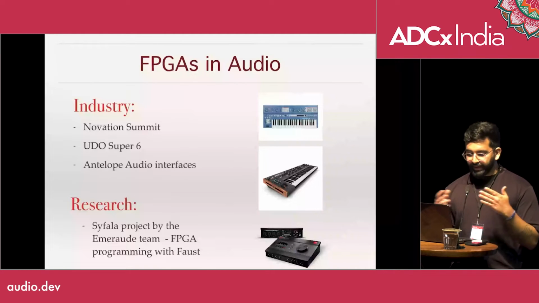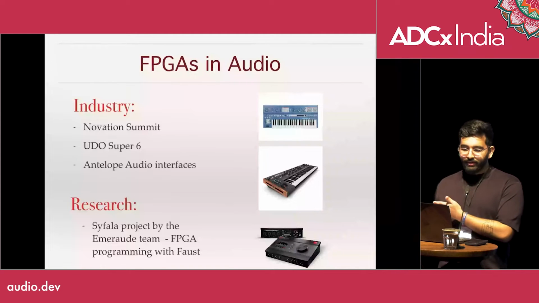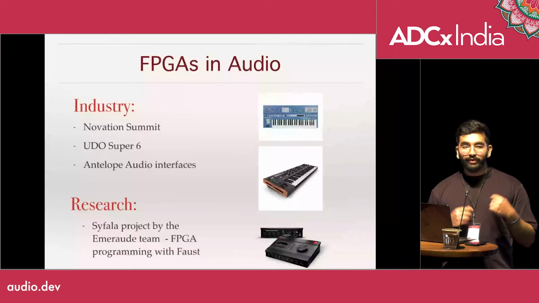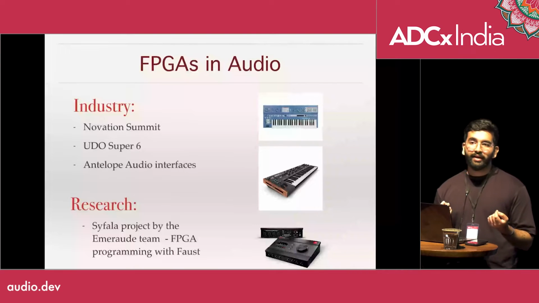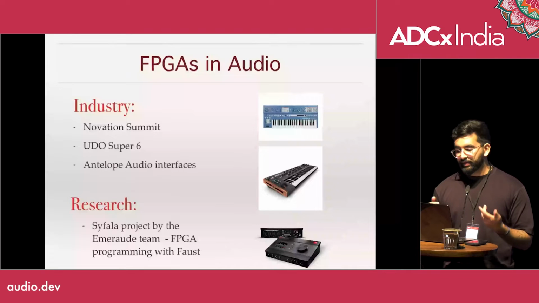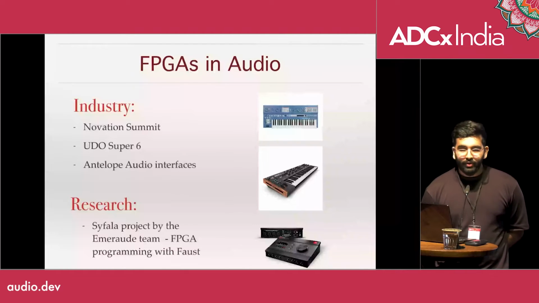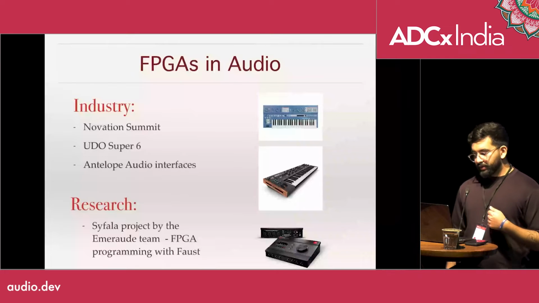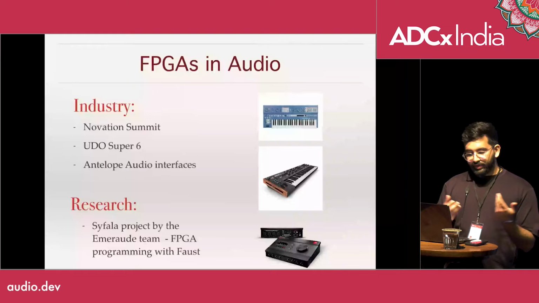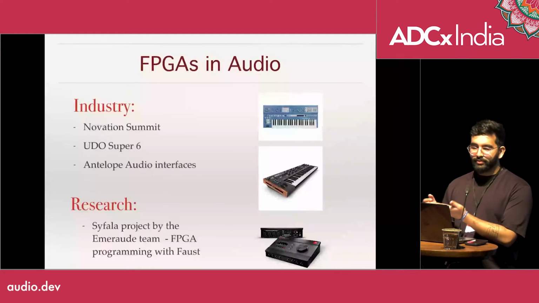And it's quite accessible. And with Cefala, they translate Faust straight to flashing an FPGA. So definitely check them out on the GitHub. It's a great way to be introduced to FPGAs as well, and you can make a program running on an FPGA pretty quickly with Cefala. And they also use HLS, which I'm going to talk about soon. So they convert the Faust to HLS, and then HLS, which is C or C++, gets converted to hardware code, and then that gets flashed onto the FPGA.